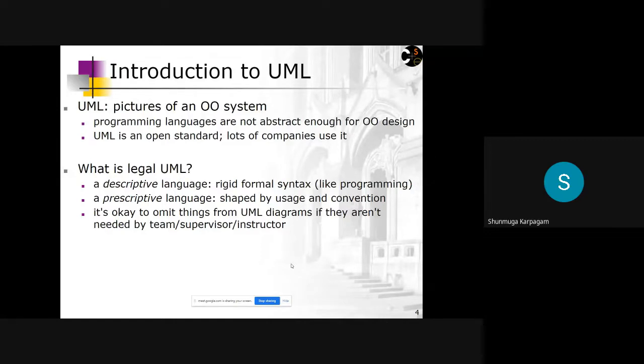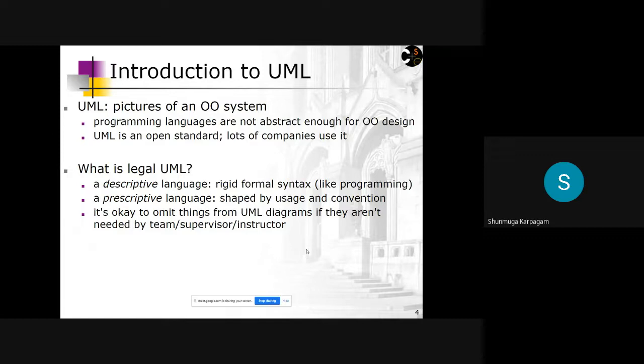It has a formal syntax, and we are using different diagrams and notations right from your use case till your deployment diagram. We have different notations to represent how each diagram should be, whether it depends on the flow of events, or the communication between the objects, or how it transits from one action to another action. Depending upon that, we have the use case diagram, class diagram, domain model, the sequence diagram, and next the state chart diagram. All these, along with the deployment diagram and component diagram, we have in order to